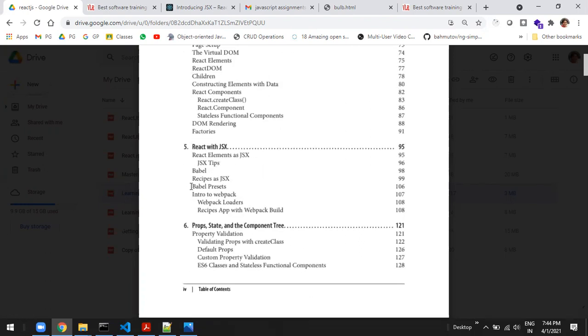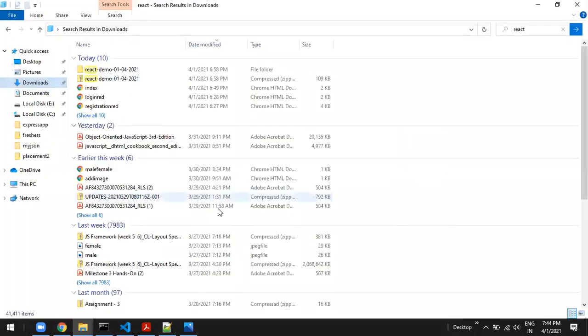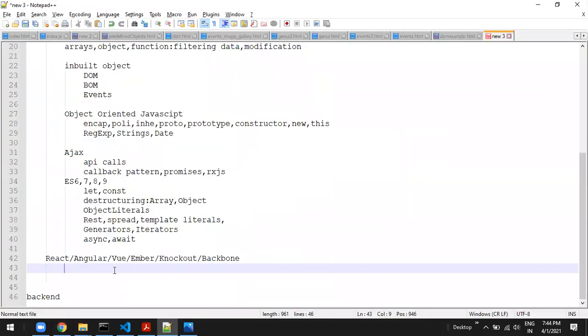After this we are going to discuss how you communicate from one component to another component. What is prop, what is state, why do we need the render method? So like this I will be starting with: what is React, what is React DOM, what is virtual DOM, what is JSX, what is state, what is props. All these things, without a proper understanding, there is nothing to be done.